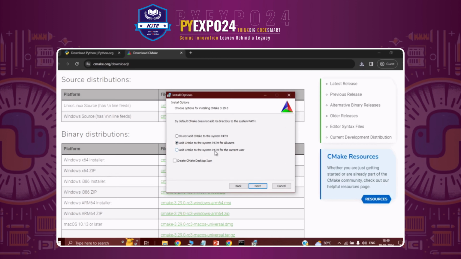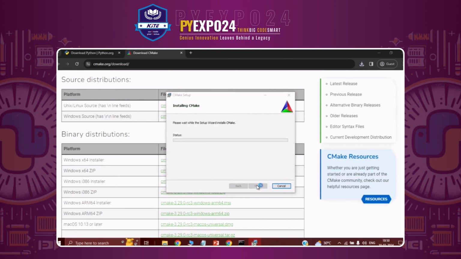This way, CMake will be installed as well as the path will be added for all the users being used by your system. So just click next, install. It will install CMake in your system. Meanwhile, while this installation is happening,